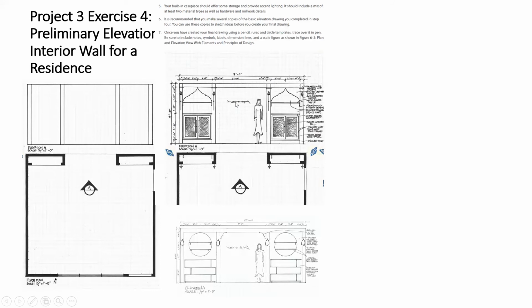You can also see I've noted that this opening here is open to beyond, and based on our floor plan, we know that back here beyond the floor plan, we've got the dining room over here and the kitchen. You can see that I also have a scale figure brought in so that you have an understanding of how large and tall this piece is.